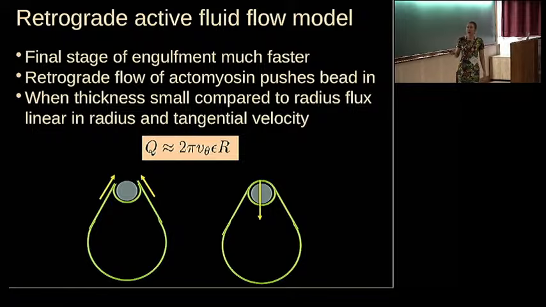So an approximated back-of-the-envelope calculation gave us this flow speed being proportional to R, the size of the bead, being linear here, and linear with the speed. But we haven't done the full calculation yet, including the proper hydrodynamics of an active fluid